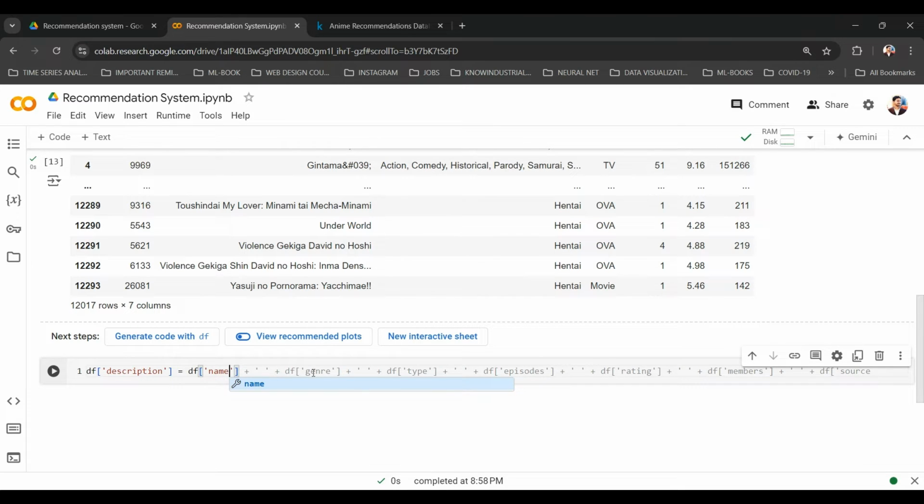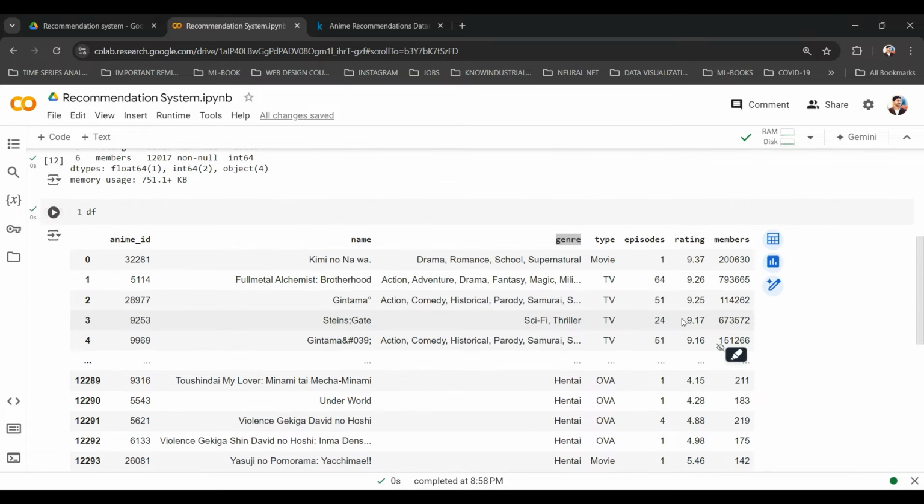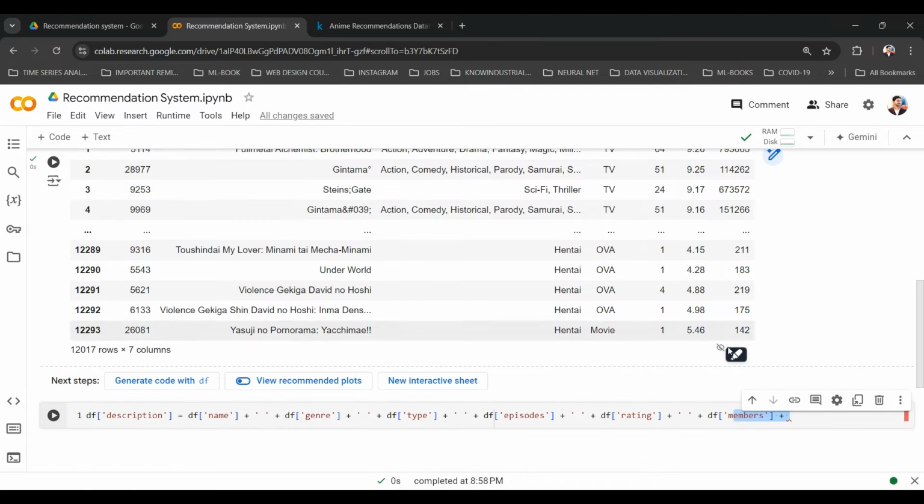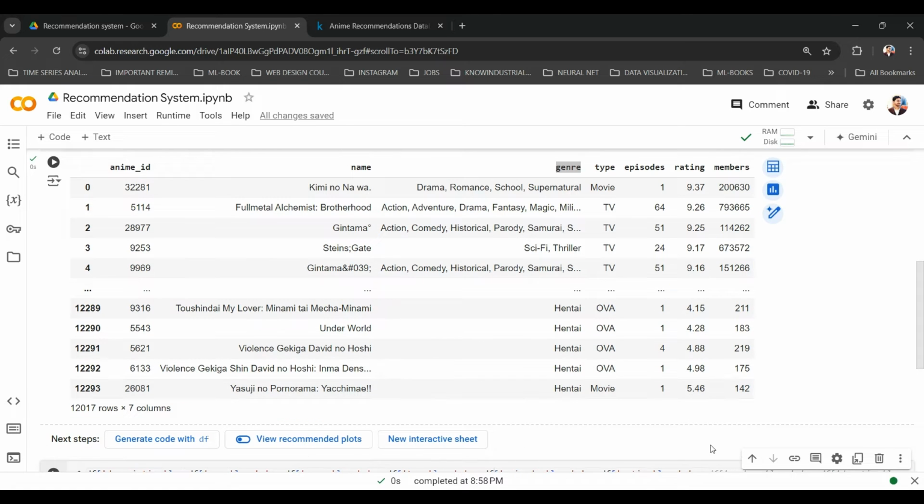Okay, it has definitely given me suggestions. This is one of the cool new features of Google Colab. It uses its AI to give us suggestions of what we should include, and that is perfectly good. So we need all of these things actually. We don't have any members or anything. We have the rating, right? We don't need the members. It's just pure numbers. It doesn't represent anything. We can actually use the rating.